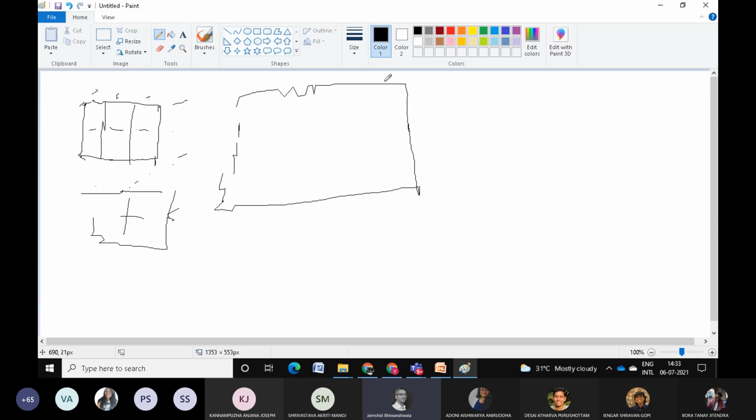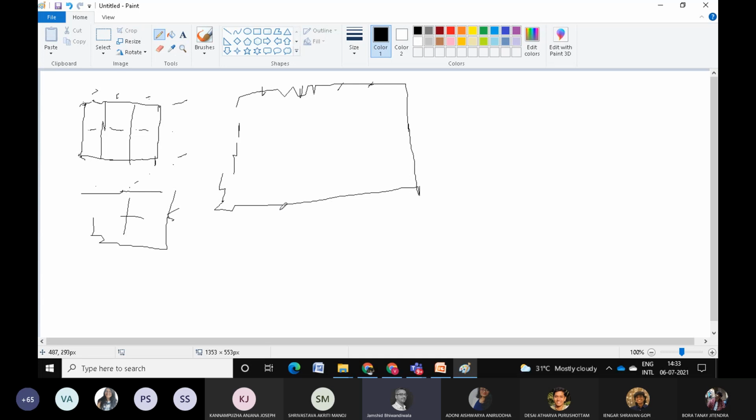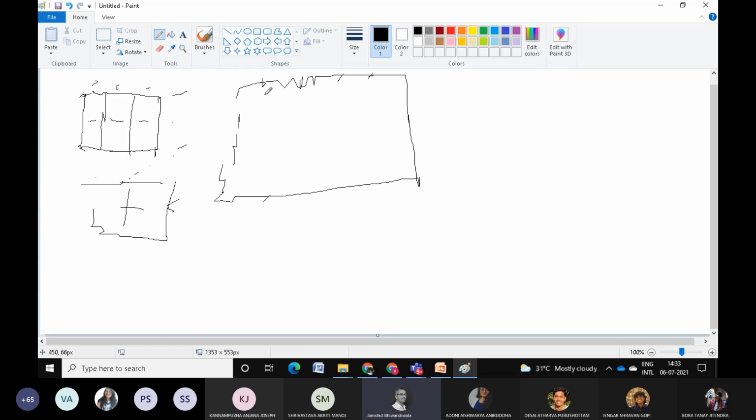So what does that call for? It calls for that if I want to put columns at the corners, I can easily have